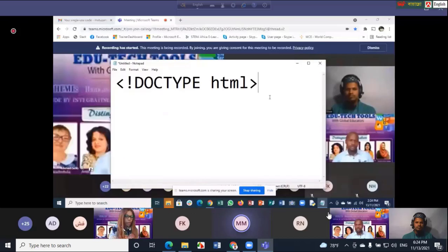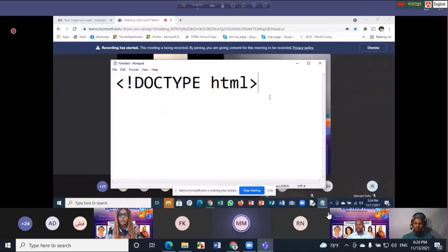The first thing that you do, you type !DOCTYPE html. You are telling the machine, the browser, the version or the type of HTML you're going to use. Every browser has its own way of accepting the documents that you're going to create on the website. So I've declared the doctype. In this case, I'm using HTML version 5, depending on what you are using. I'll start with that one.